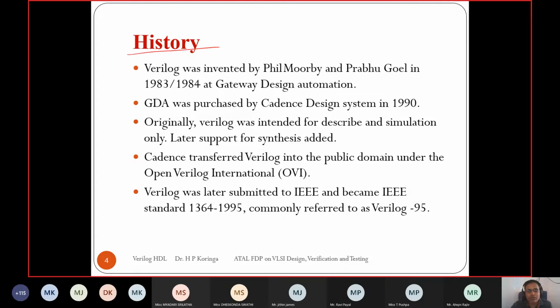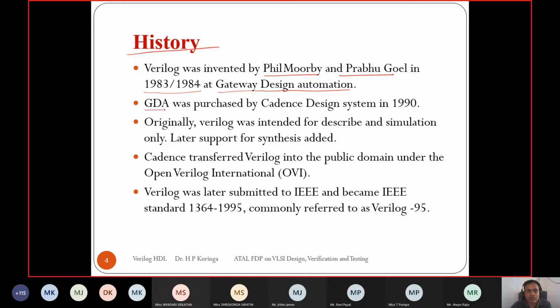The history of Verilog: Verilog was invented by Phil Moorby and Prabhu Goel around 1983-84. It is my birth year. Around 1983-84, Verilog was invented by these two scientists at Gateway Design Automation.